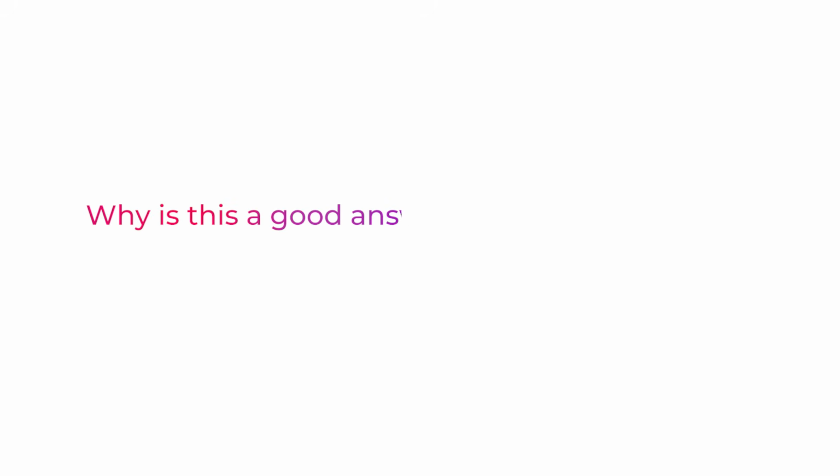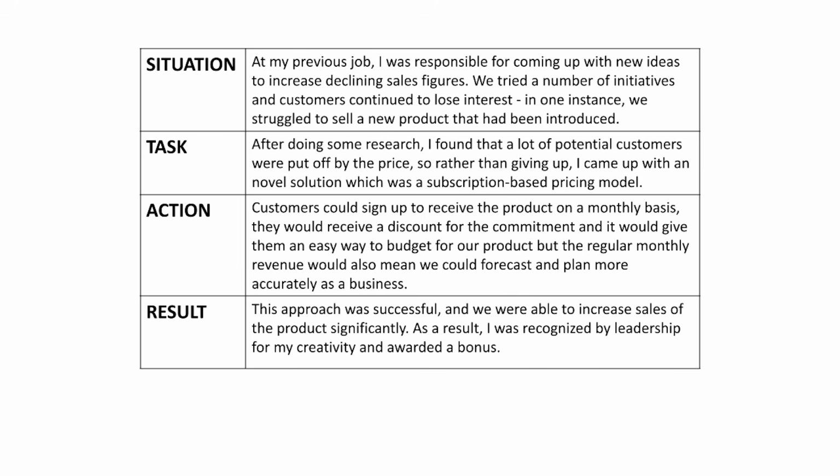So why is this a good answer and how can I use it? By now you're familiar with the STAR method. The answers on the left here show which areas of the STAR method are the situation, task, action, result. So this answer shows why this was a difficult problem. Here, where it addresses that the company had tried initiatives and nothing had been working, so it wouldn't have been an easy task. In your own answer, bear in mind to take a moment to think if you're asked this question before starting your answer, and ensure that it's not a simple basic problem.